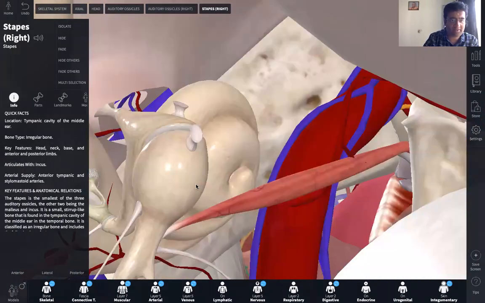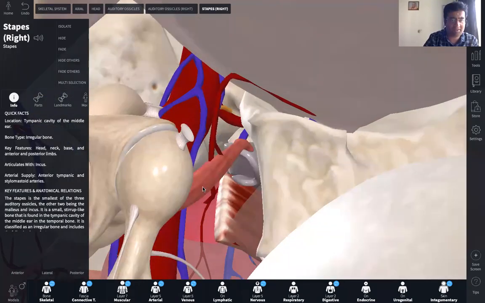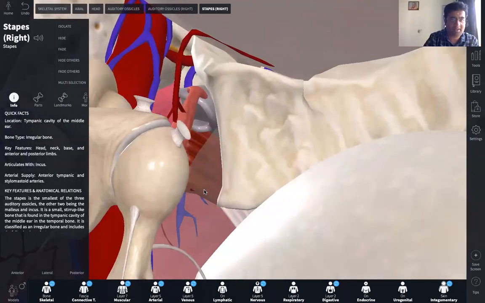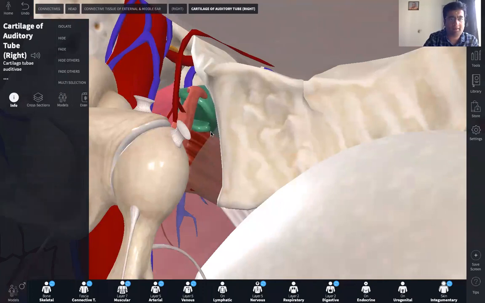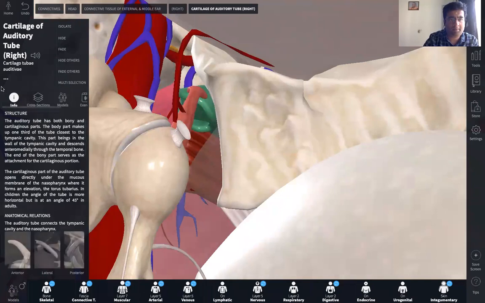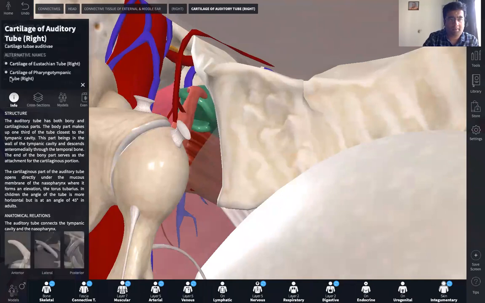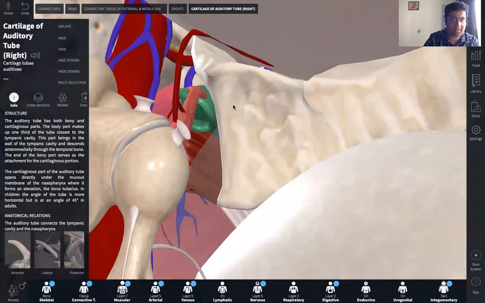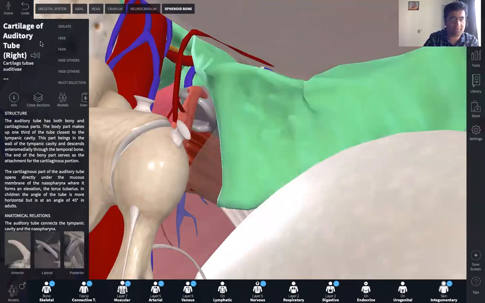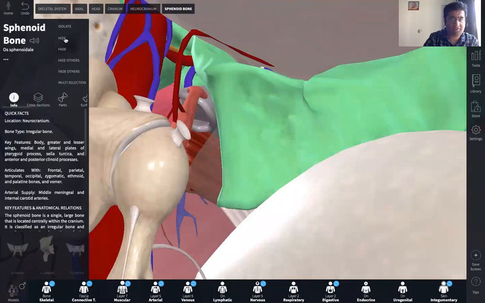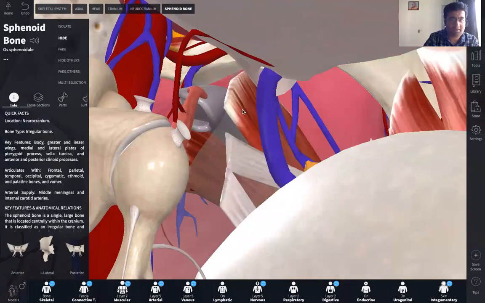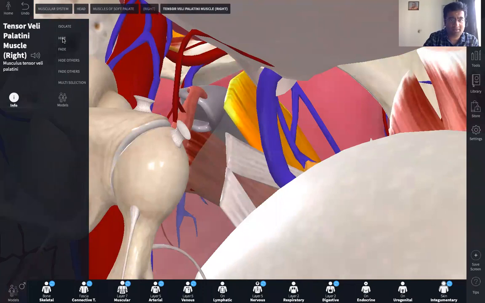So here you can clearly see a more detailed picture of the malleus, the incus, and the stapes. Now, what we see here highlighted in green slightly, if I just happen to hide this bone here, the sphenoid bone is hidden now. And now if I just hide this one muscle as well,